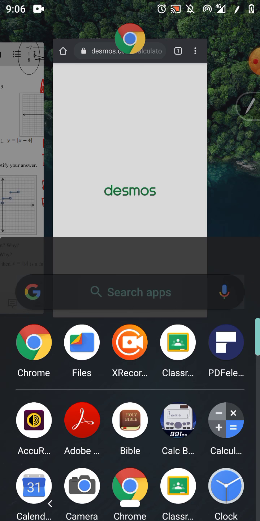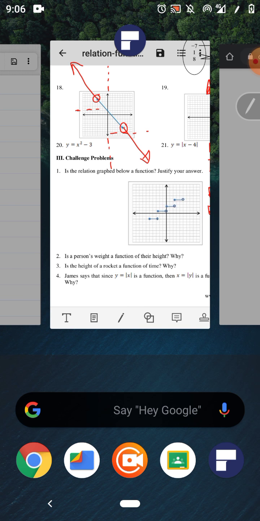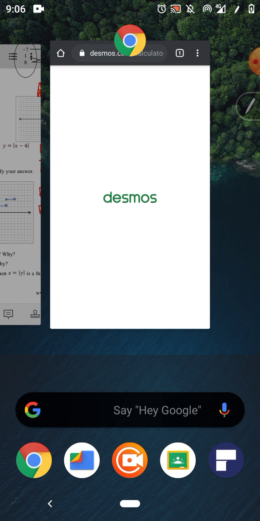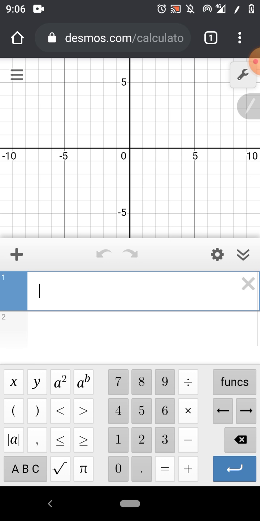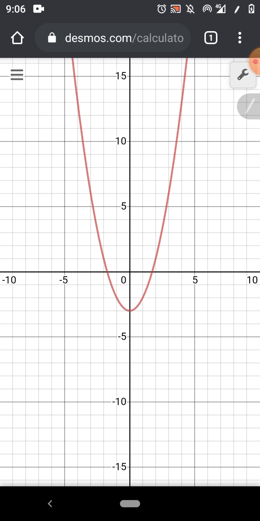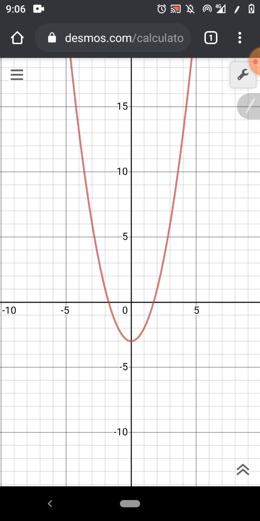Yeah, if I went to desmos.com/calculator and I wrote in the equations for number 18, number 20, if you can see it from there, it's y equals x squared minus 3. So if I wrote it in there, y equals x squared minus 3, and you look at that curve,